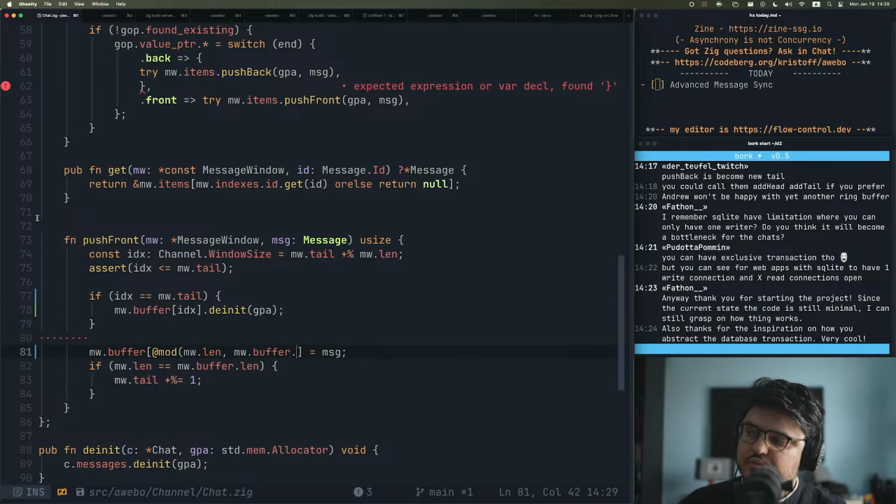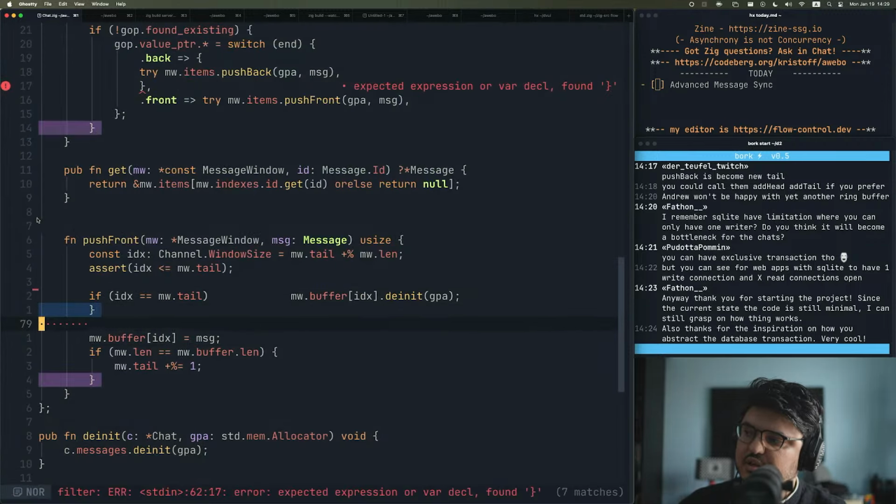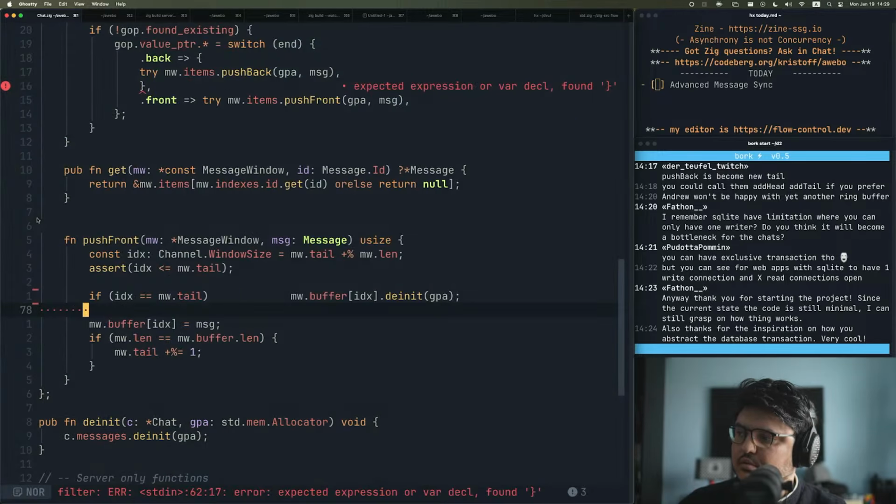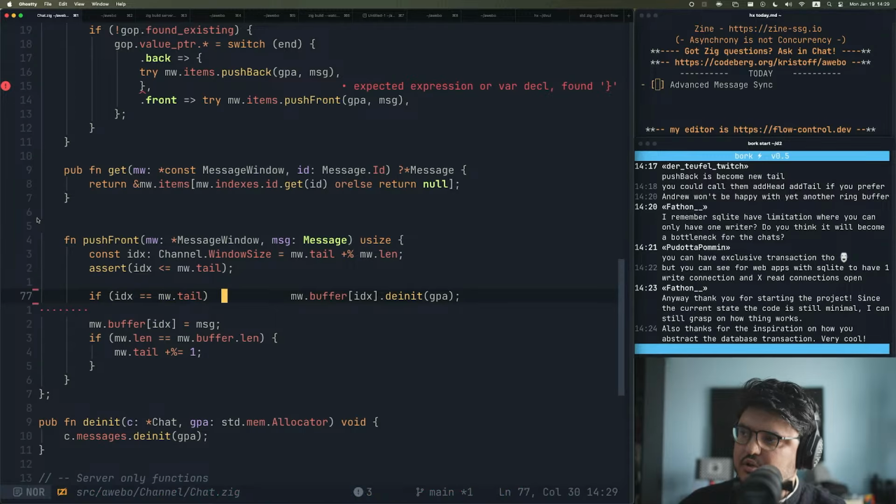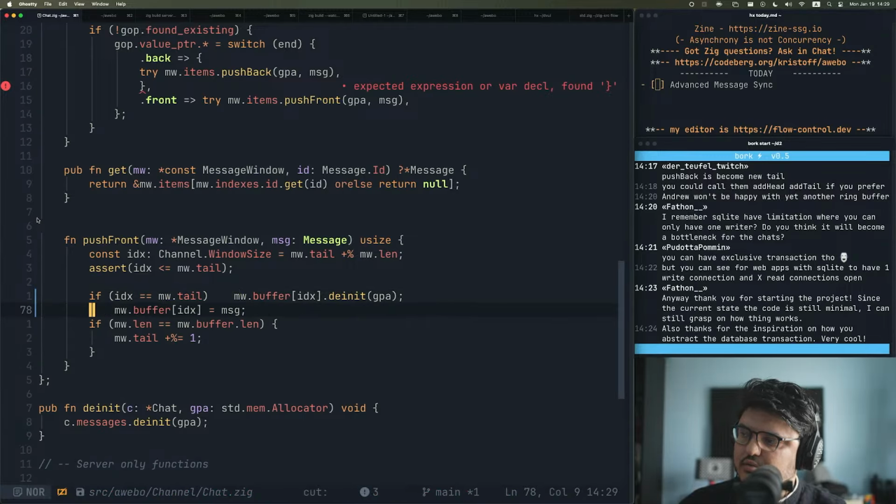And then we want to do the assignment. So we can even remove these. We do the assignment and then